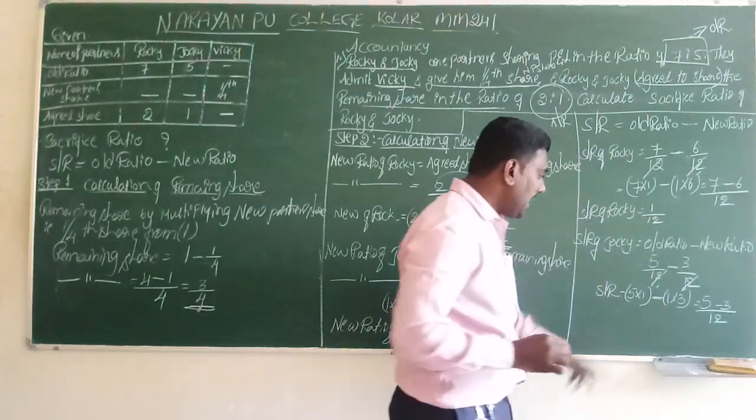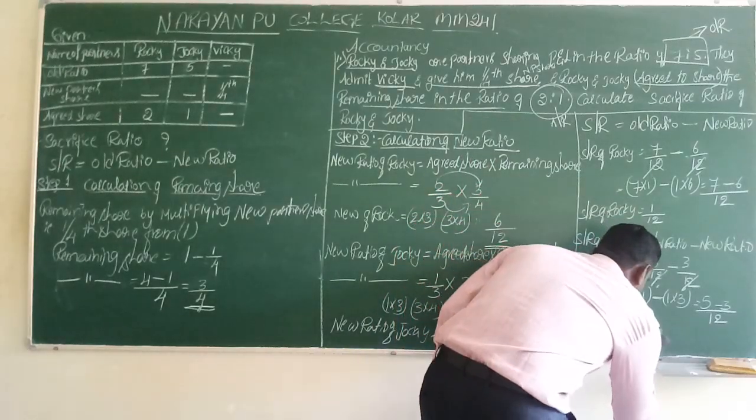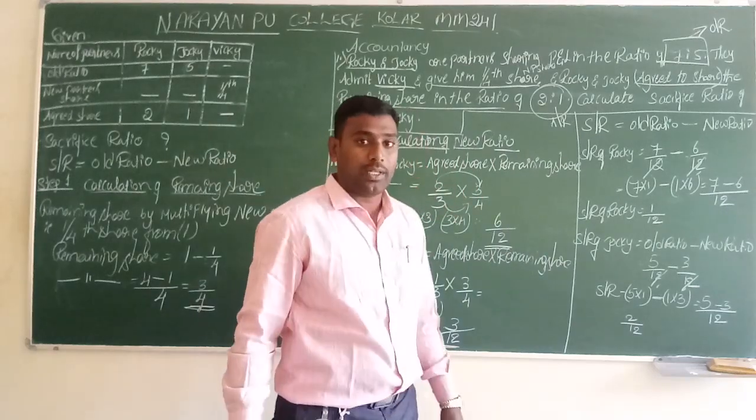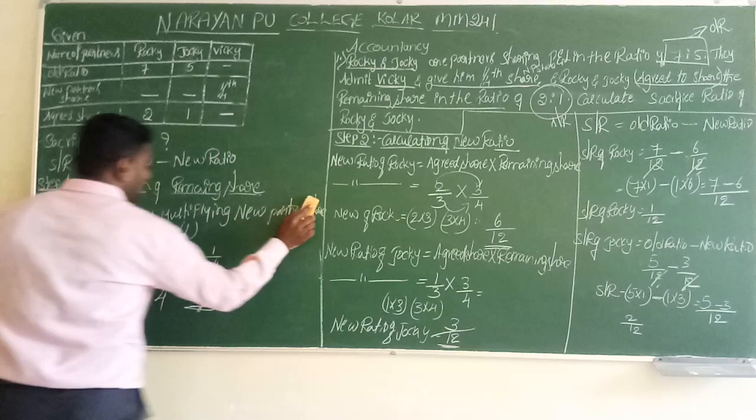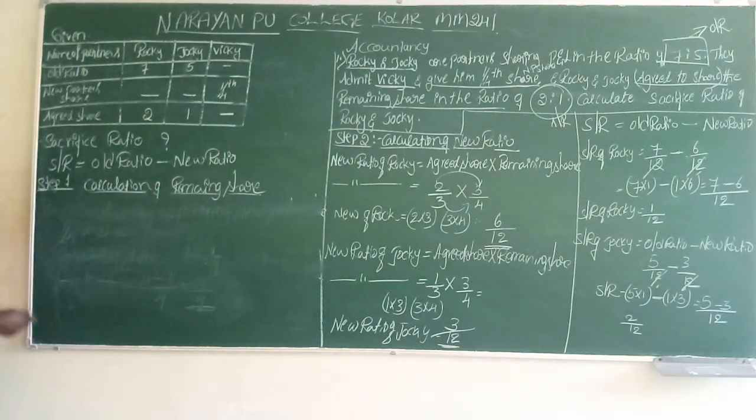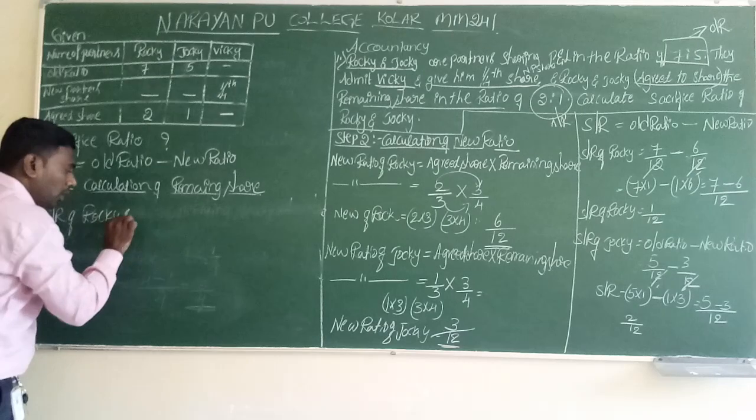Here 12 is the highest frequency, so we will consider 12 as the base. Therefore, 5 minus 3, 2 divided by 12. So now we have to calculate the sacrifice ratio of both the partners. So I will write here the sacrifice ratio of both the partners. Final conclusion here: the sacrifice ratio of Rocky and Jockey